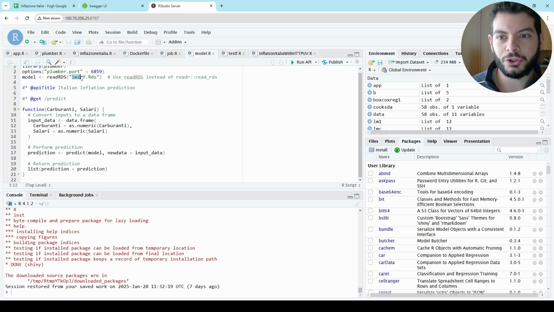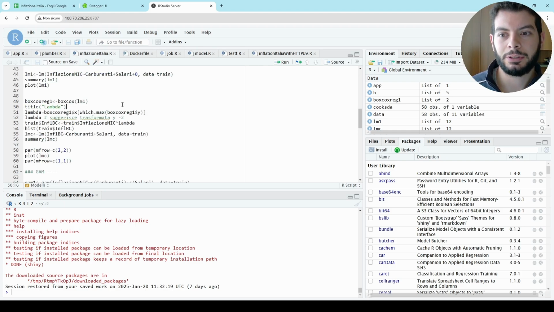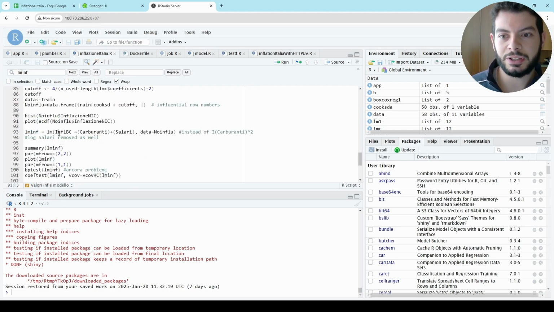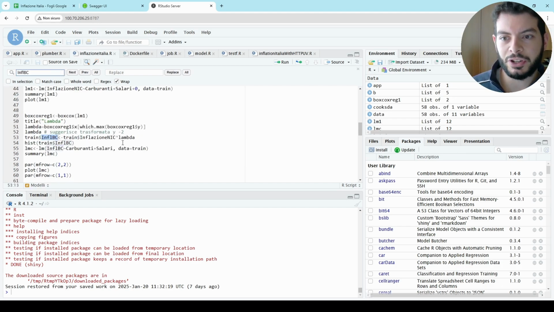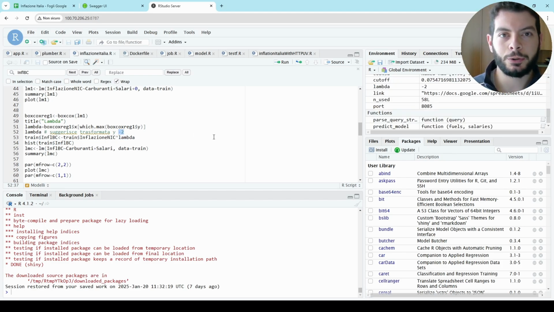If we search this inside here, we see that the model is built with basically this variable, that means fuels and salaries. And if we search this, we see that the inflation target variable is built with a transformation that is basically our inflation to the -2, because in this case that was the best solution, even though